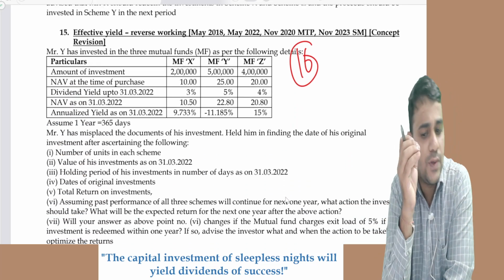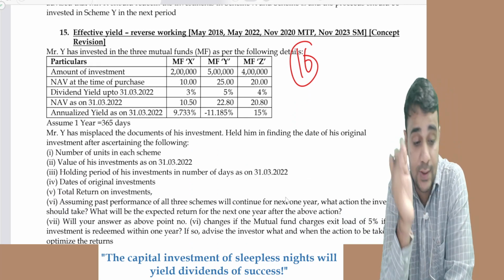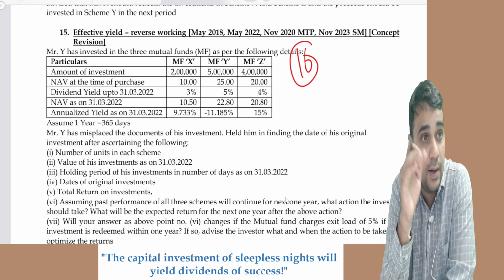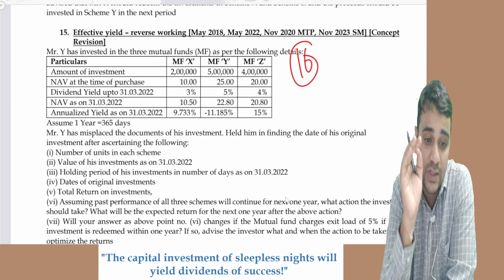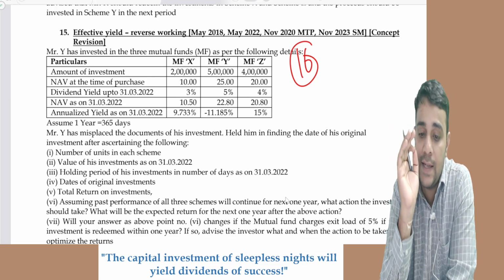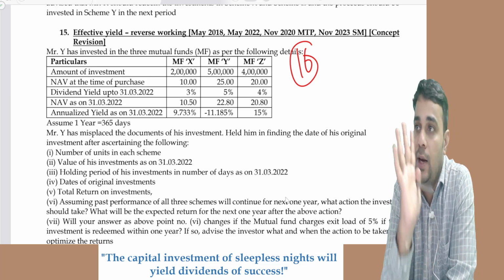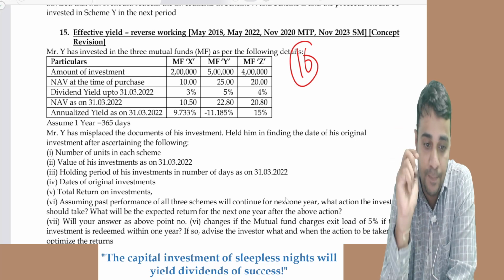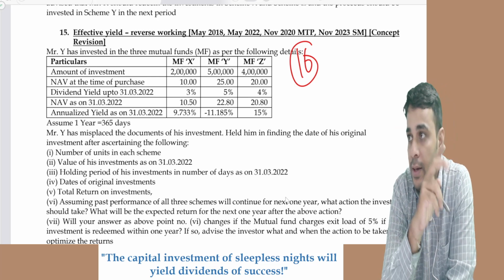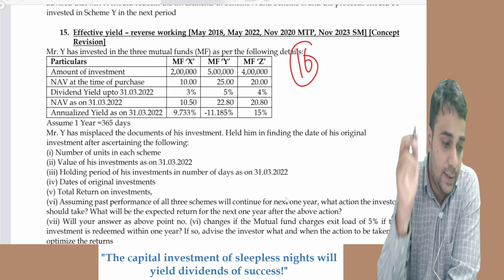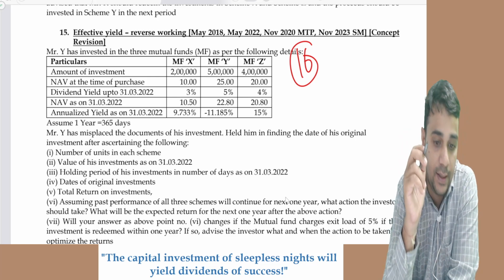Okay, almost similar question. Dividend yield is there. Almost similar question, but some changes. Mr. Y has invested in 3 mutual funds as per the following details. Again, we'll focus only on MFX. Amount invested 2 lakh. NAV at the time of purchase 10. Dividend yield up to